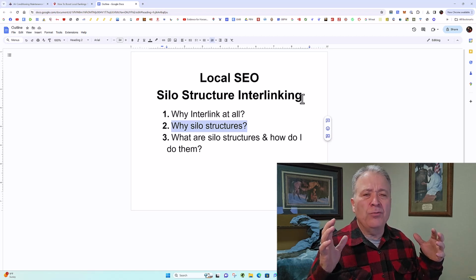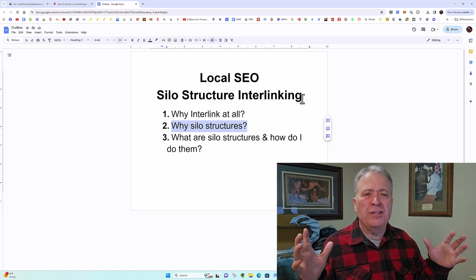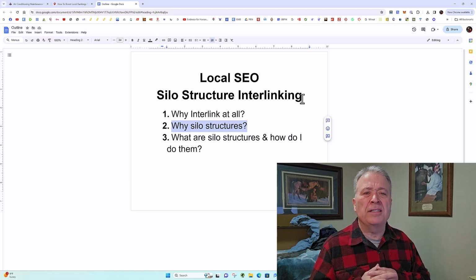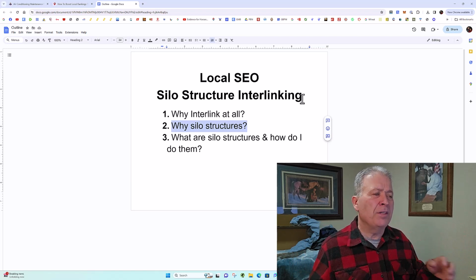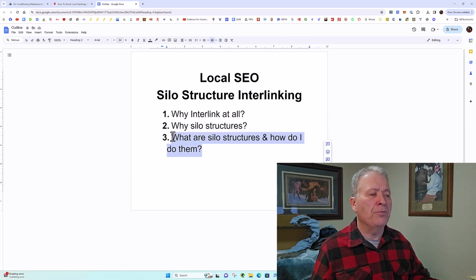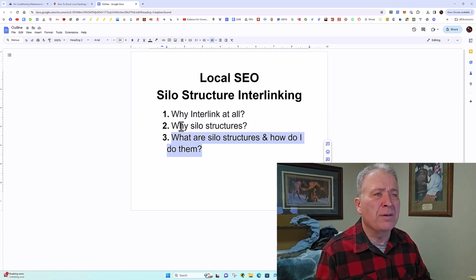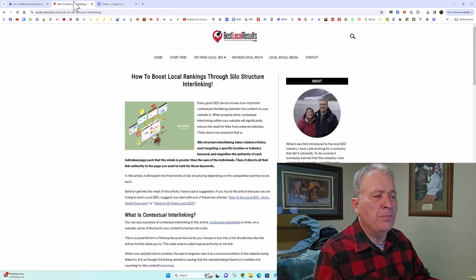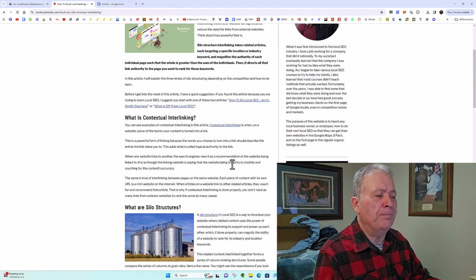Basically, think organization. What a silo structure is, let's jump right into that topic too, and we'll answer why silo structures as we go through. What are silo structures and how do I do them? So if we jump over to this article that I was showing you,